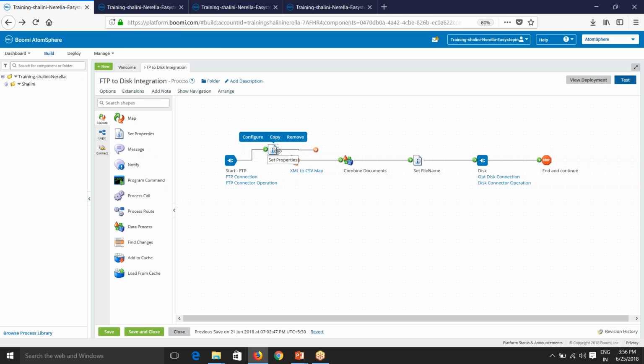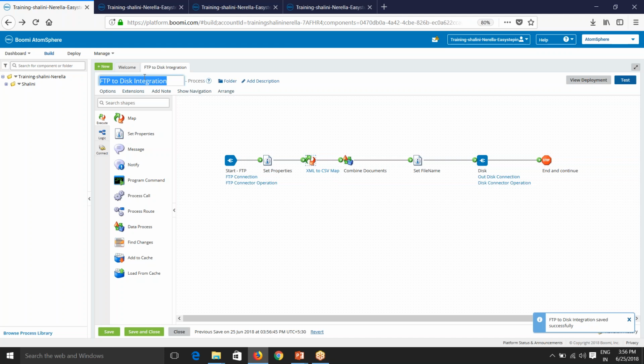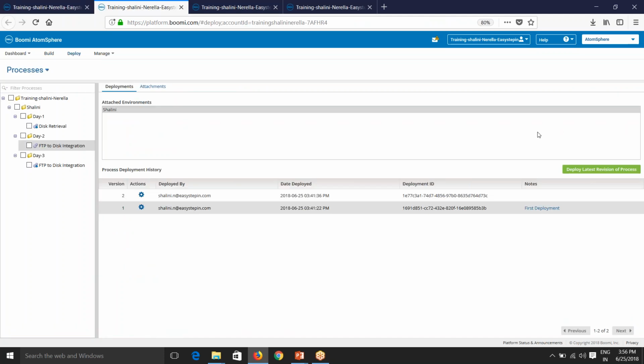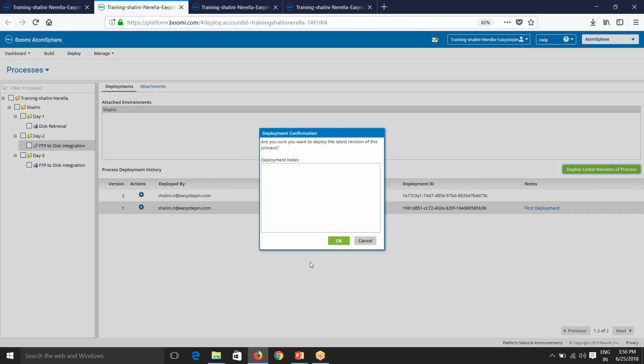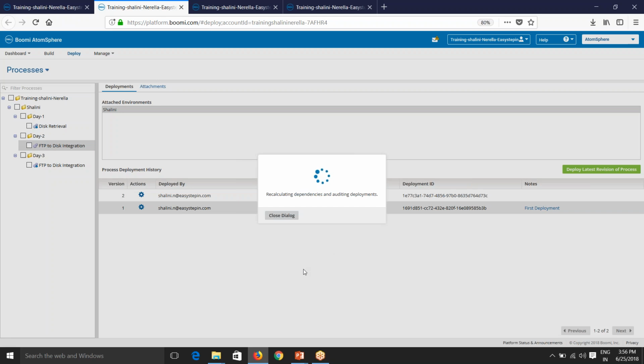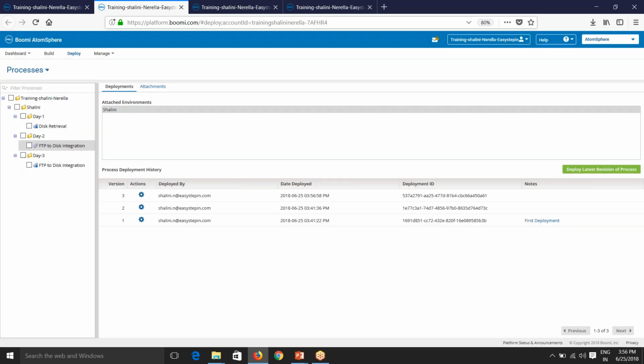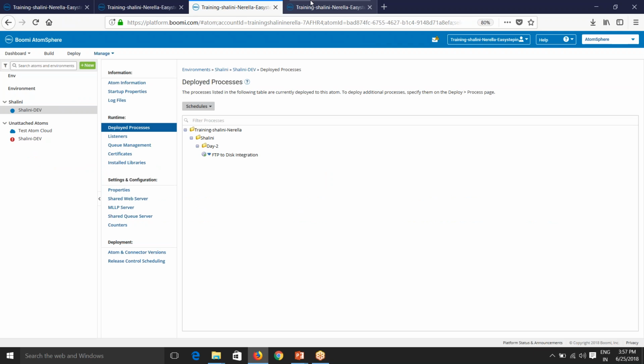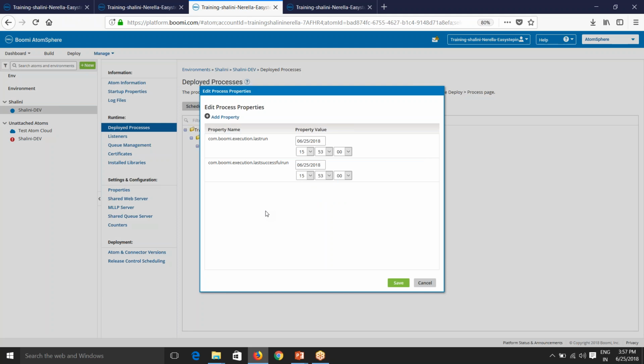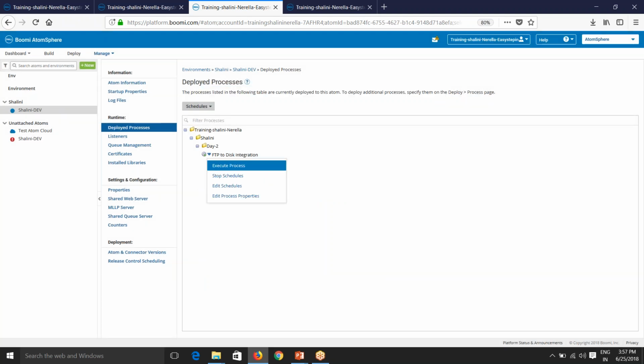So now I'll try to deploy this process. So I can just say redeploy this version. So I can say deploy latest revision of version, right? And now you see that the edit process properties before execution are these two. So as we discussed earlier, by default, Boomi captures last run date and last successful run date for us. Okay. And now if I execute this process,